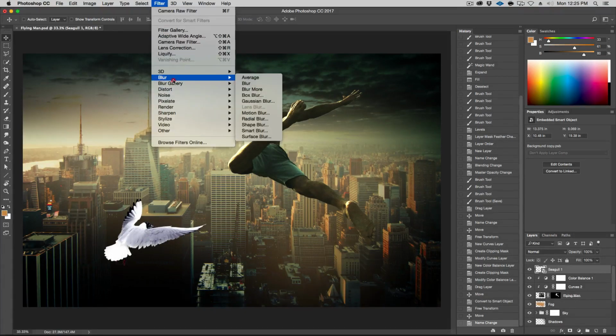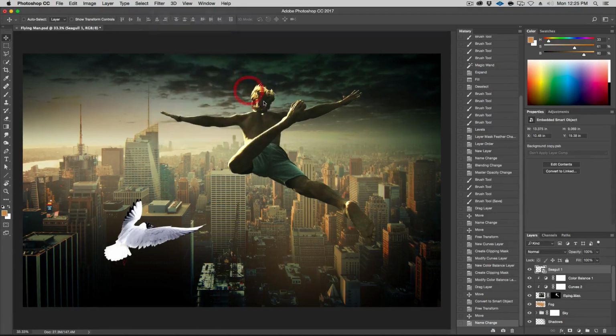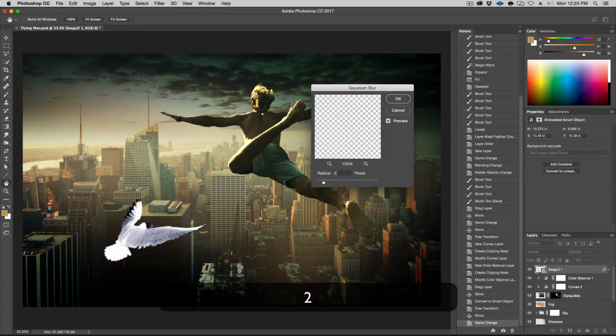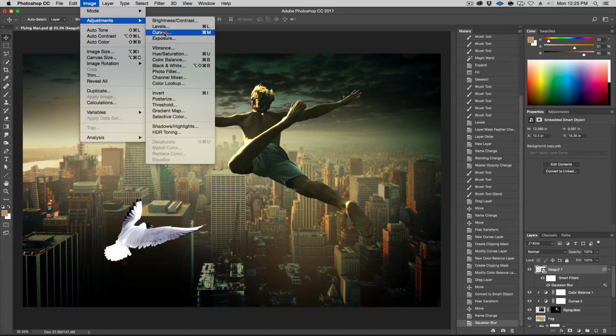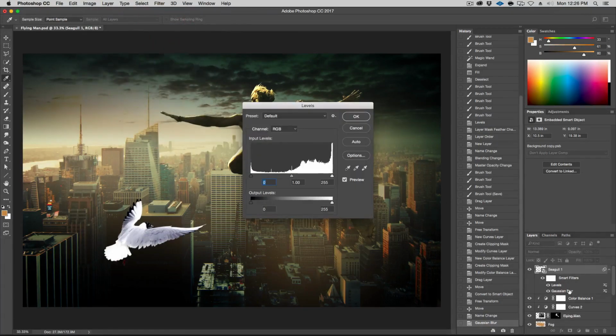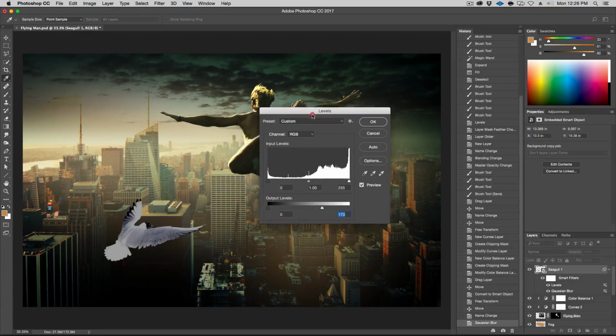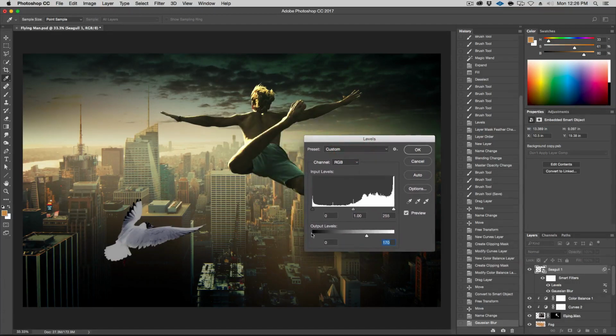Okay. And a couple of things we're going to do. We're going to blur him a little bit. So go to blur and Gaussian blur. And let's do 2 pixels. It's a little too strong. Let's do 1 pixel. Okay. And then go to levels. Again, it's a smart object, so it's going to add a levels effect. And in this case, bring up the white point. We really want to darken that because everything else has a very darkened white point. It's a little contrasty, so let's bring this dark point a little bit lower and see if we lower maybe, his midtones are pretty good. Let's just leave it around there. Something like that. Hit OK.